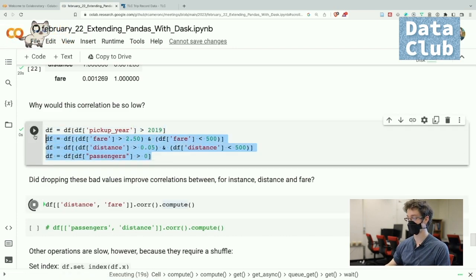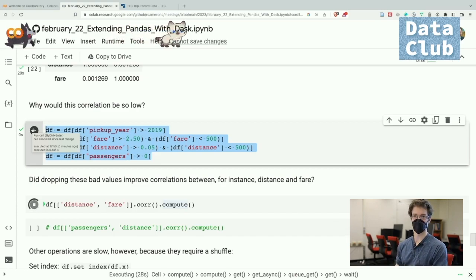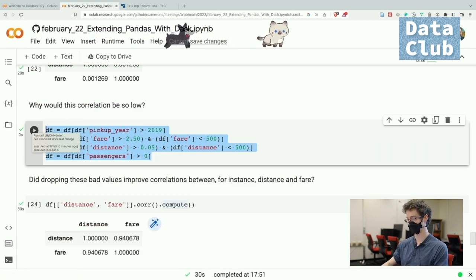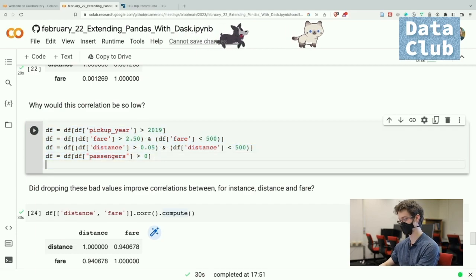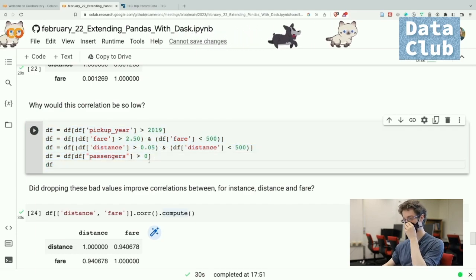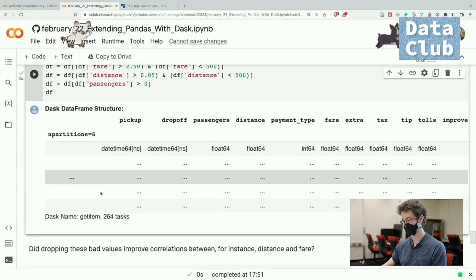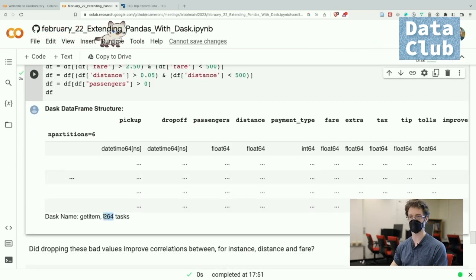Sorry, this is all in Dask, but it's commands that are shared with pandas. So we are slicing the Dask data frame, but it doesn't actually get sliced. The computation doesn't happen until you run the next cell. Correct. So that's why it was 0 seconds there. And we should see, if we look at this, that there are more tasks, because it added tasks to the,